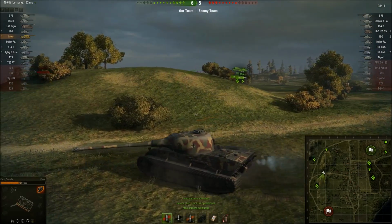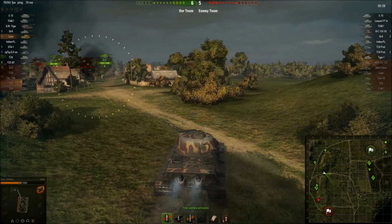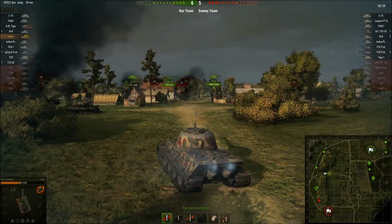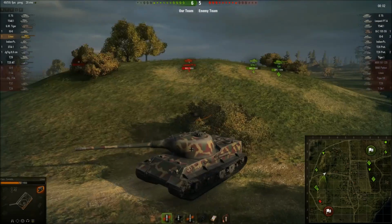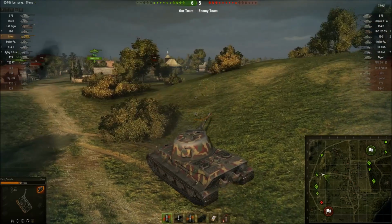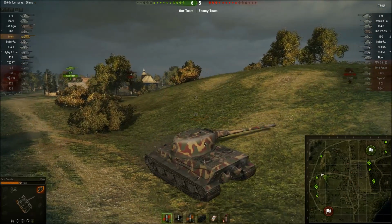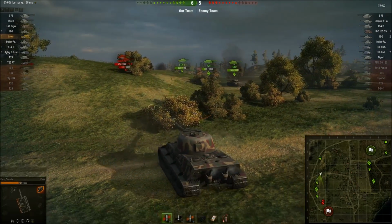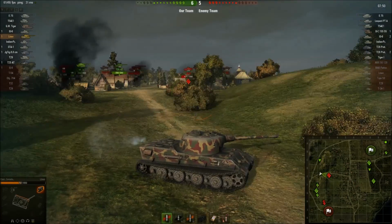So our T-29 and our STA are moving up that side, so I thought I'd just take a look around to see what was in the middle of the map. Because there was a Leopard PTA there, but there is a T-54A1 and an E-75 left on their team, so we still got to be pretty careful. But it's good to know that we've...